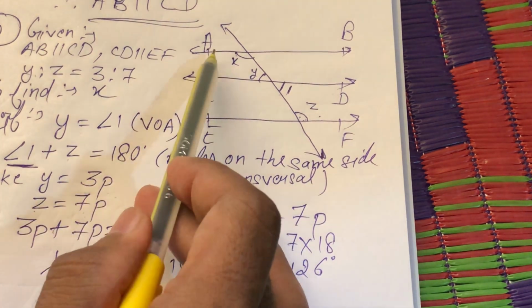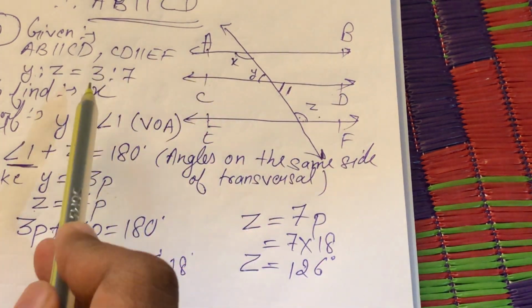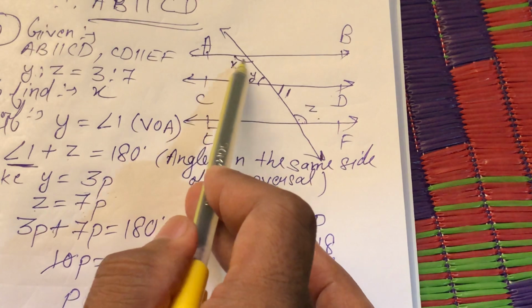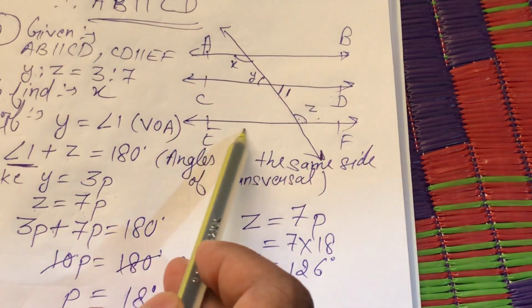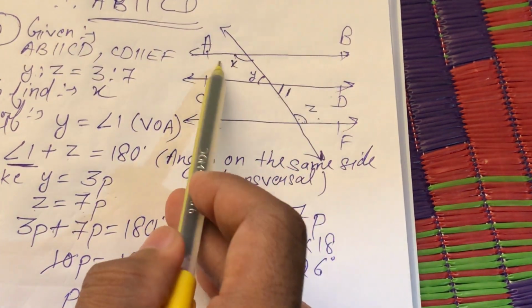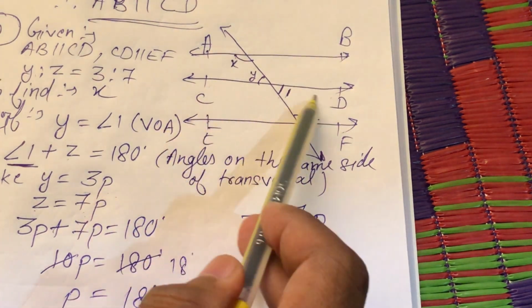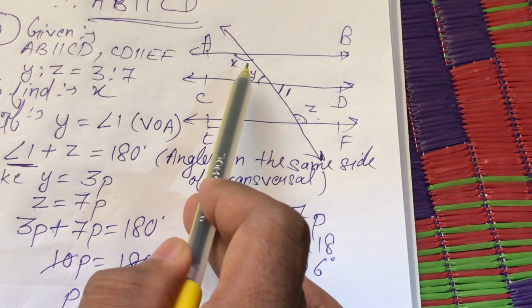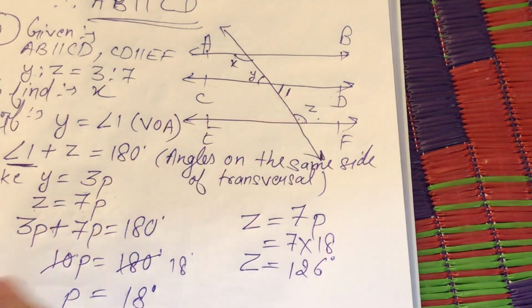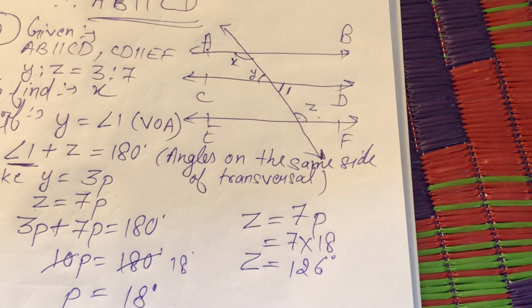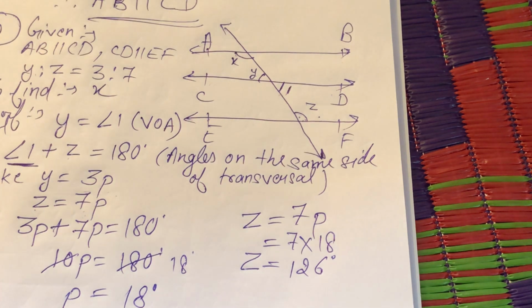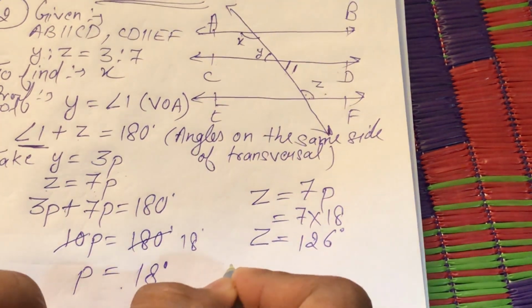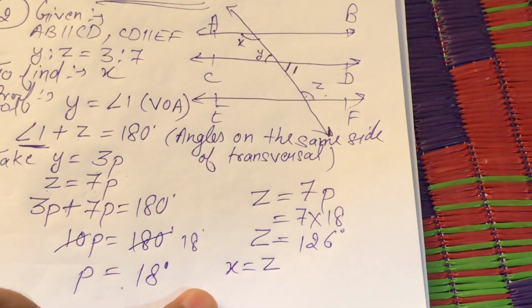अब देखो ना, in your figure go back, we need to find the value of x ना. This AB and this EF are parallel ना. AB CD के parallel है, CD EF के parallel है. That means AB and EF are parallel. That means angle x and angle z, are they equal? You will say yes, angle x and angle z are equal. Why? Alternate interior angle. X equals Z.